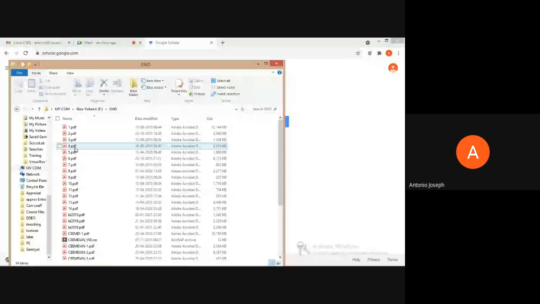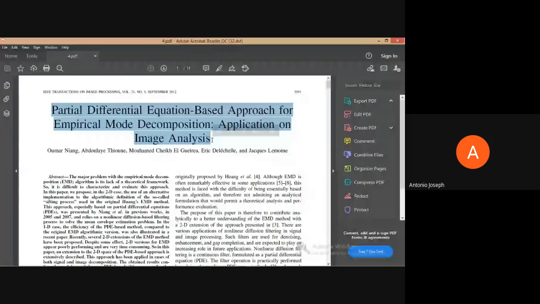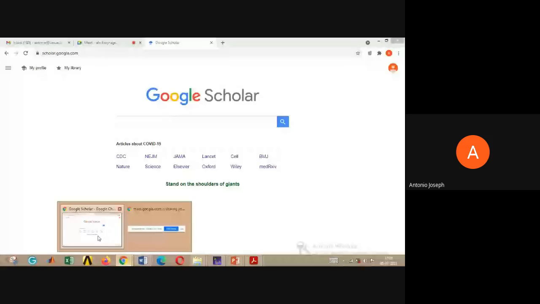See, suppose this is a journal paper and I need to provide the reference for this particular paper. What I am going to do is copy its title and search it in Google Scholar.